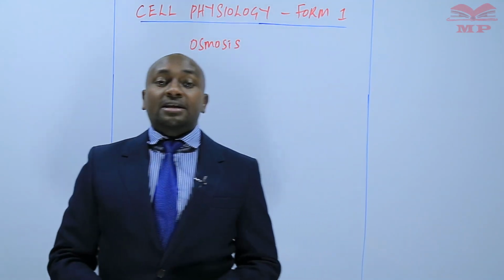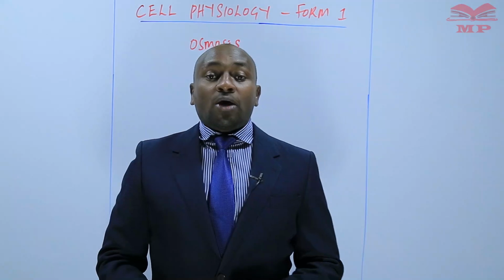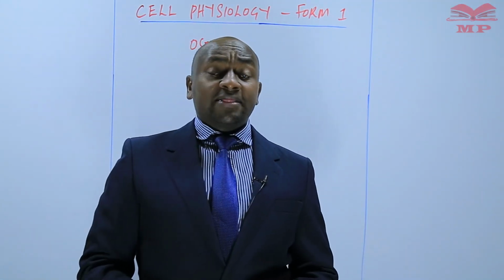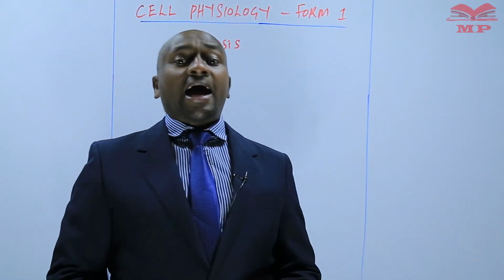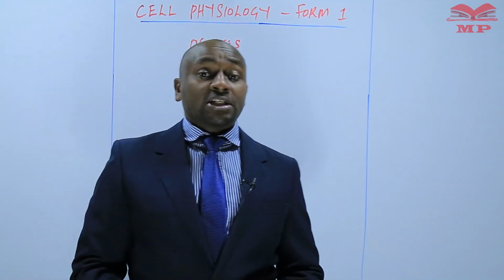So basically, osmosis involves water molecules. Now, how do these water molecules move? These water molecules move from where there is high water concentration to where there is low water concentration